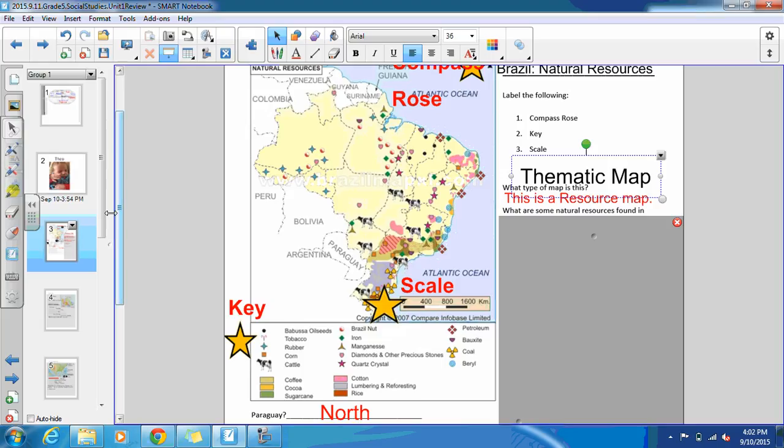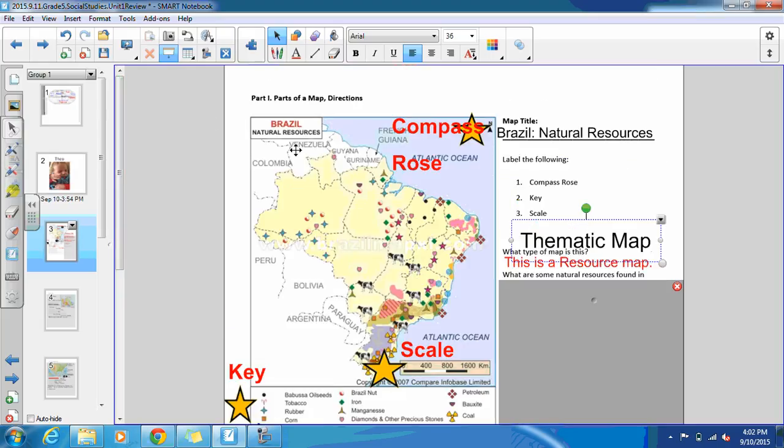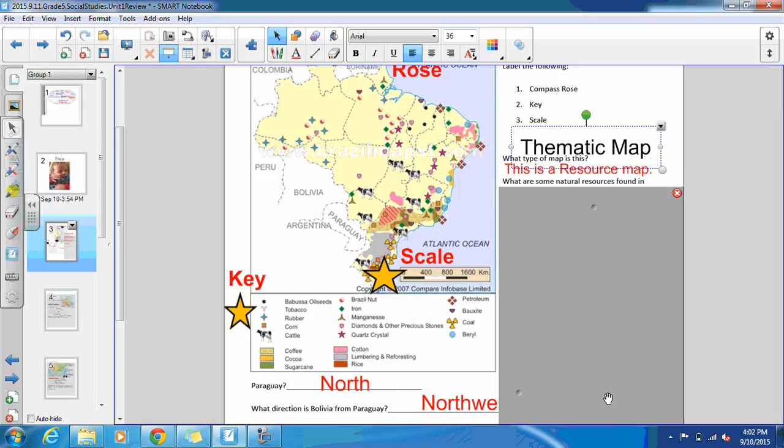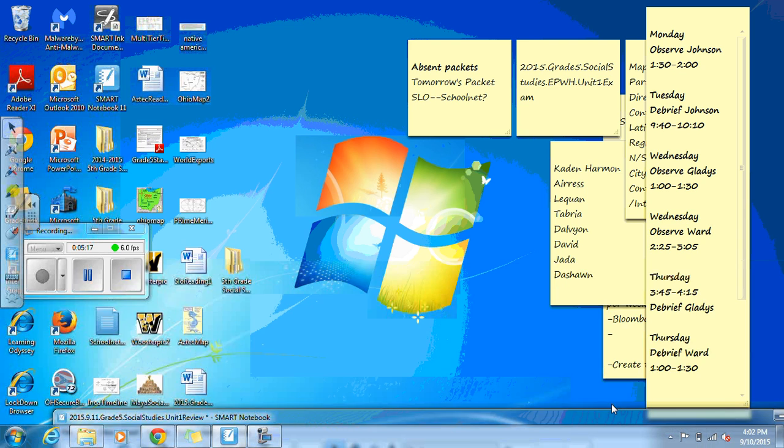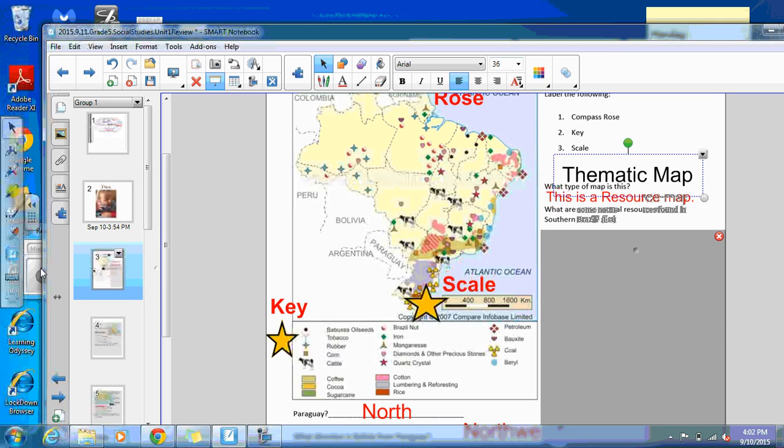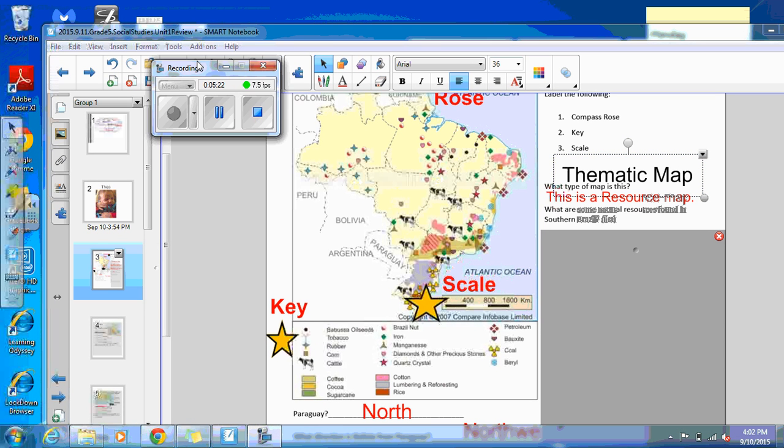I know because I look at the title. It says natural resources. I also see on the key lots of resources: iron, tobacco, rubber. This tells me it's a resource map. So I asked you, what are some natural resources found in southern Brazil? If we look at southern Brazil,